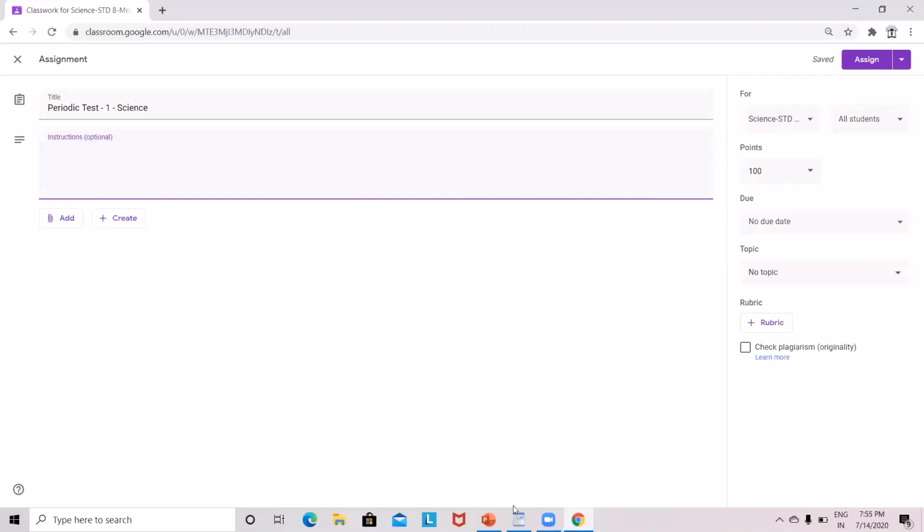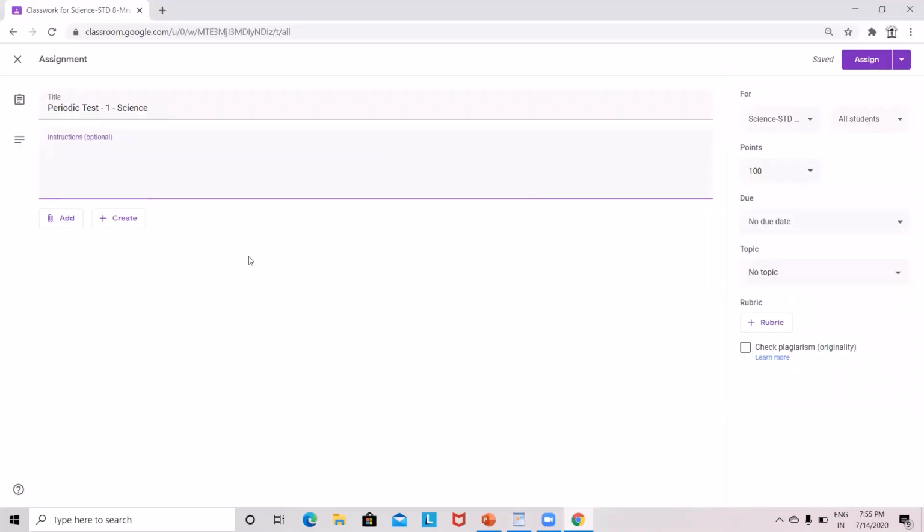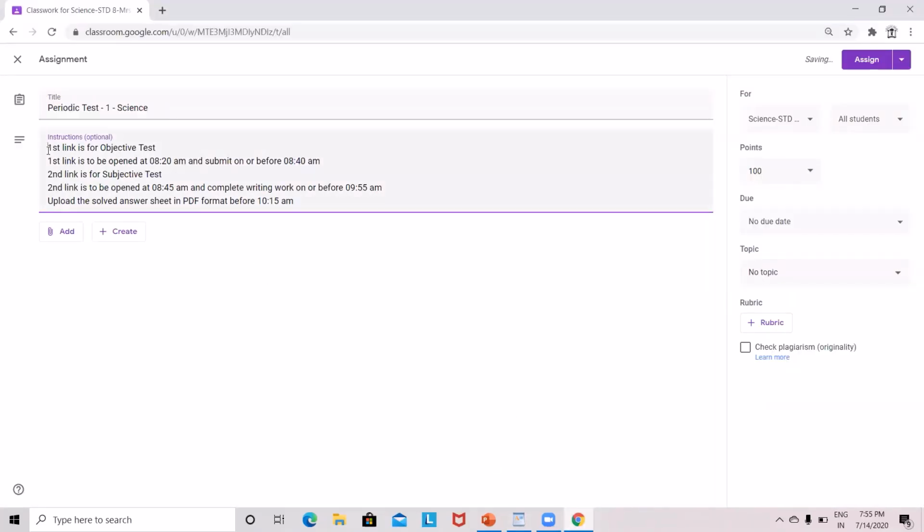Now there are certain instructions which I am going to give here. Instruction number 1 is first link is for objective test. Instruction number 2 is first link is to be opened at 8:20 a.m. and submitted on or before 8:40 a.m. Third instruction is second link is for subjective test.